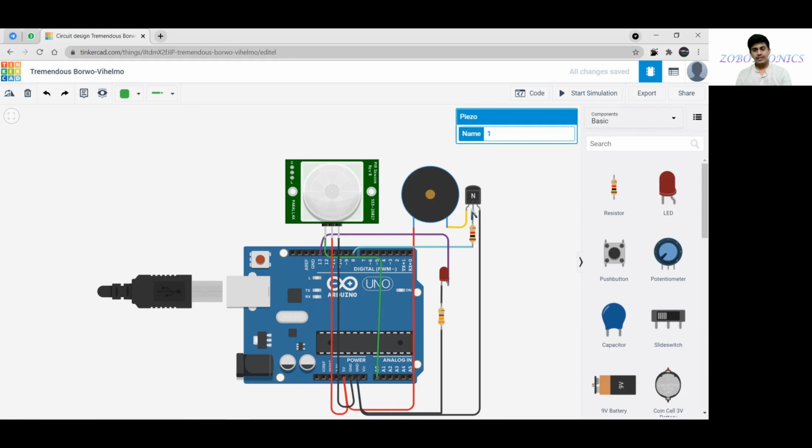And we have connected a resistor to the base, which is 1k ohm, and the other terminal is connected to pin 8, the D8 digital pin of the Arduino Uno. The emitter pin is connected to the ground of the Arduino,